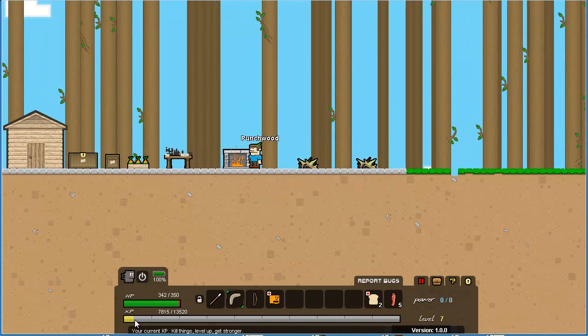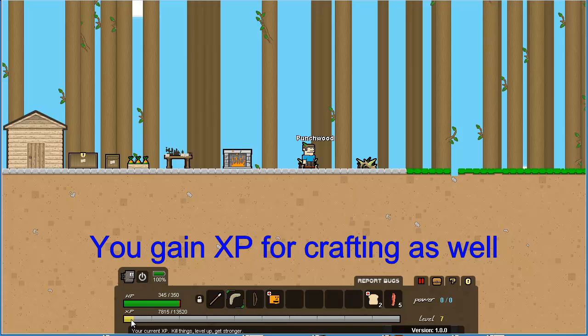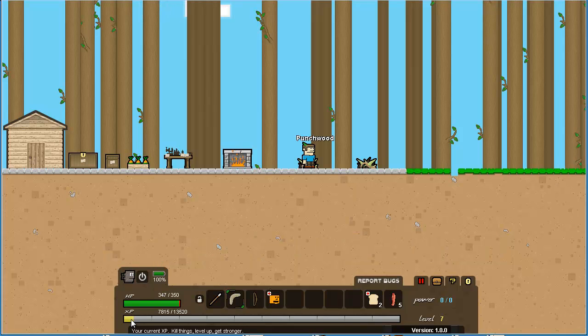We also have an experience bar. So I am level 7 currently, and you can gain experience as you kill things. There it is, right there. The little status bar says your current XP. Kill things, level up, get stronger. That's true. This is very true. So level 7 and level 7...